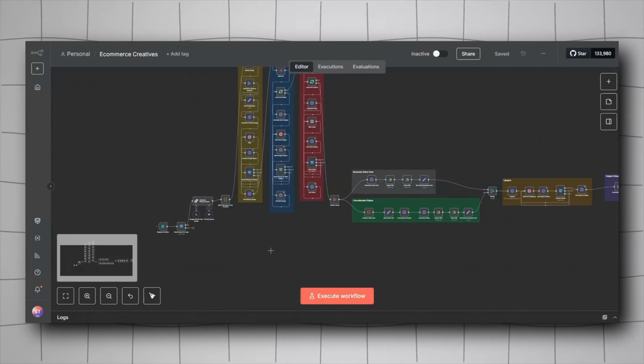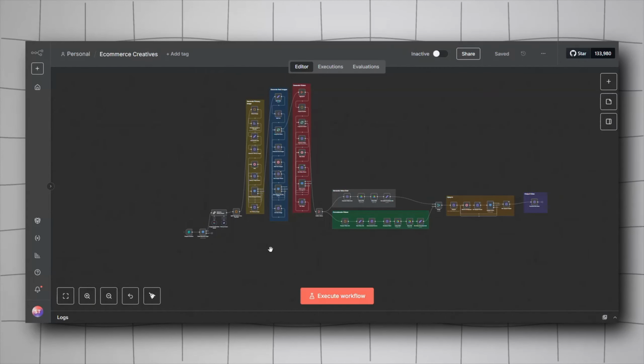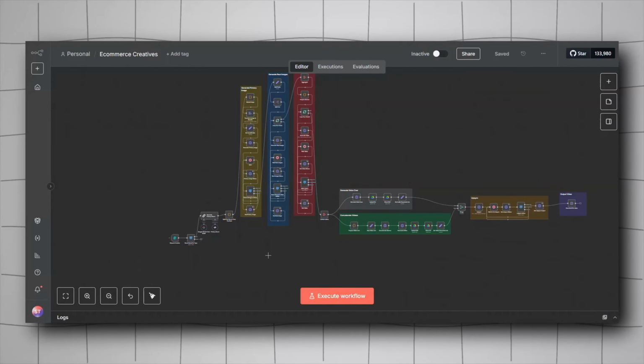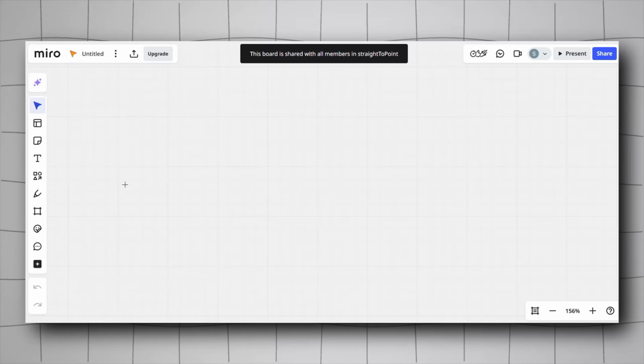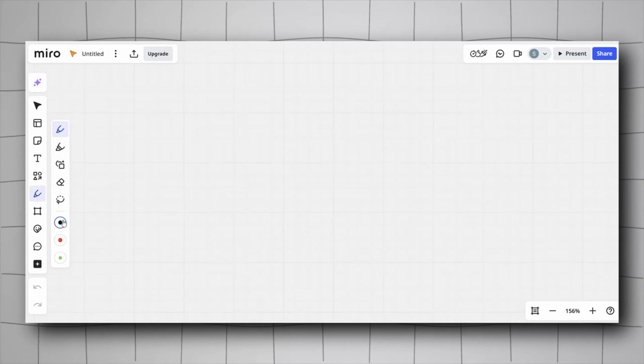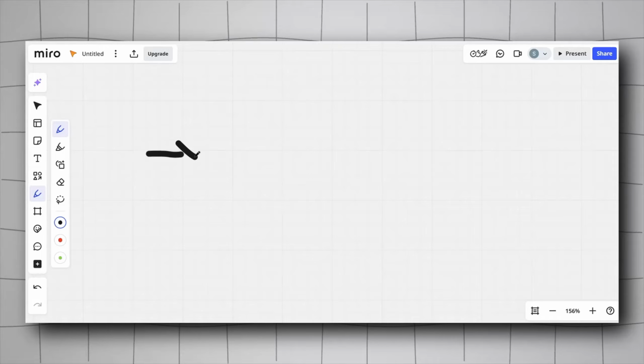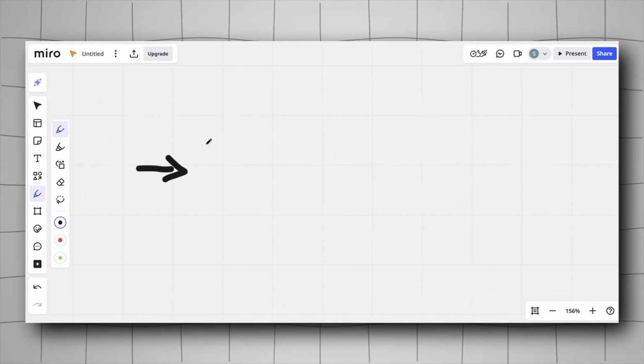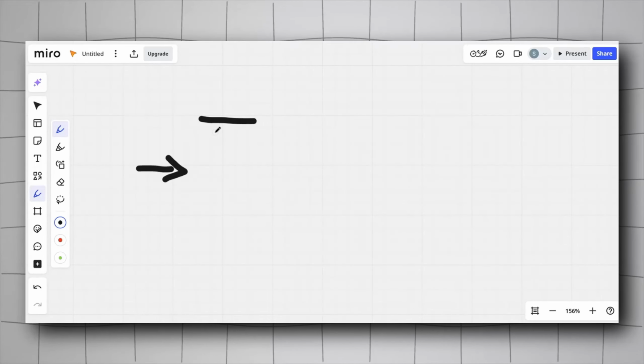And now let's start breaking down our workflow and explaining the idea behind it. For that, we'll go to Miro real quick. Don't judge my drawing, by the way. I really suck at it, so just bear with me. We'll start by explaining what we are going to do. It will start with the user-provided information about the product: product details, product image,